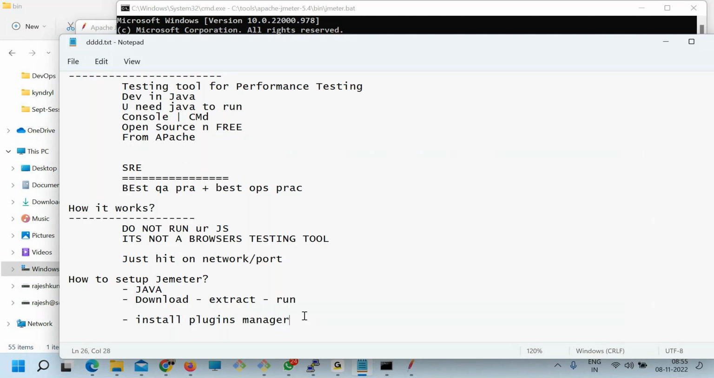Using the plugin manager, you can download more plugins and add more features to JMeter. So how can you install it? Unfortunately, the plugin manager should usually be a part of the package, but it's not, so you have to install it separately. So how do we do that? You should go to